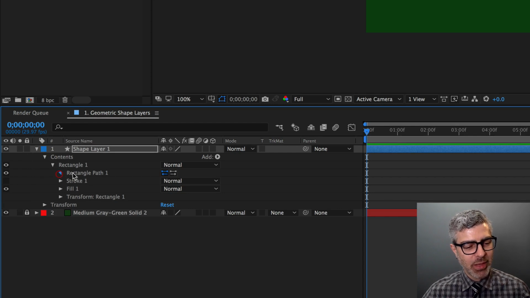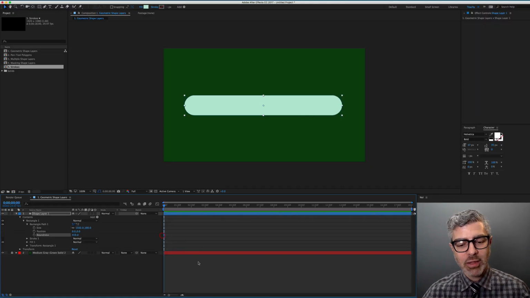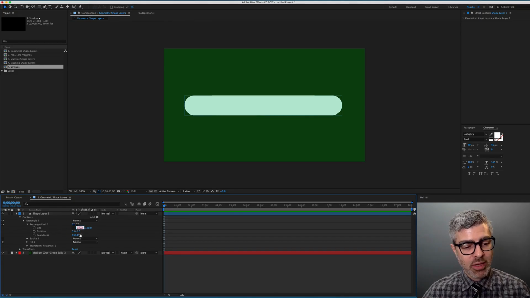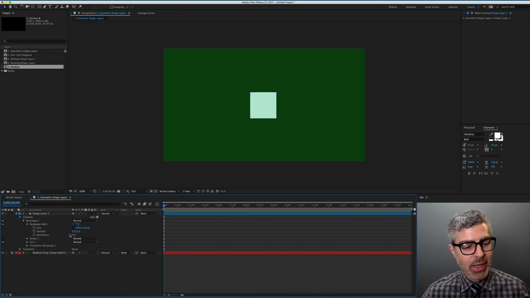Just looking at the rectangle path, the other thing in here that's interesting is that you have this roundedness, okay? So you can take this and set a rounded value and make shapes like this. Or if this was, for example, a perfect, let me set this down to 0, and if this was a perfect square, just say 250 by 250, now I could actually round this until it became a circle,